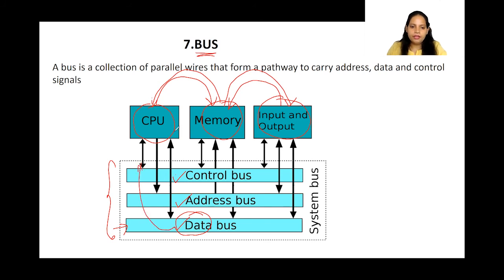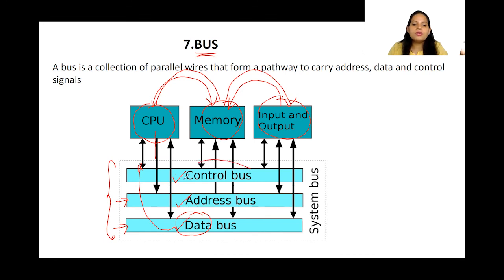And if the CPU wants data in a particular address area, then what does the CPU do? It will send the address. All the addresses are transferred via the address bus. Even for input, if it wants data, it will send an address saying I want the data from this address. So all these address-related things are transferred in the address bus.